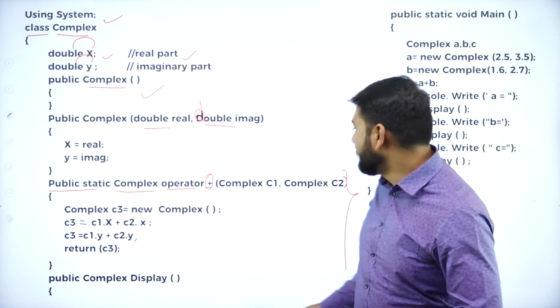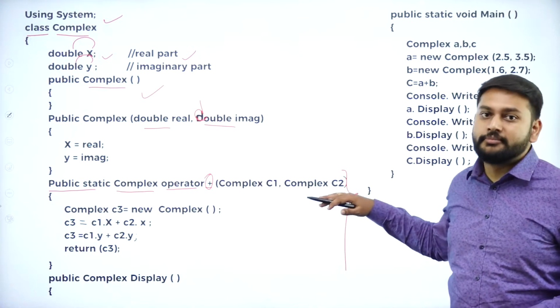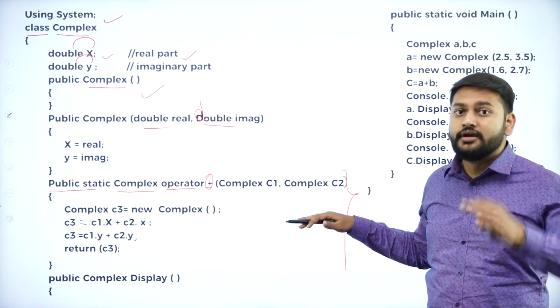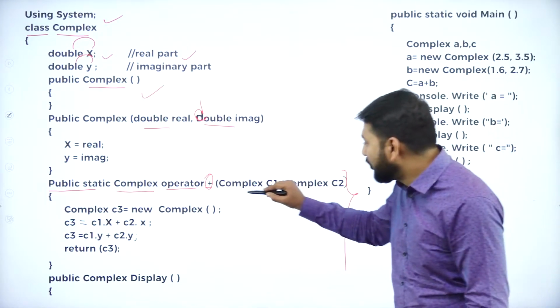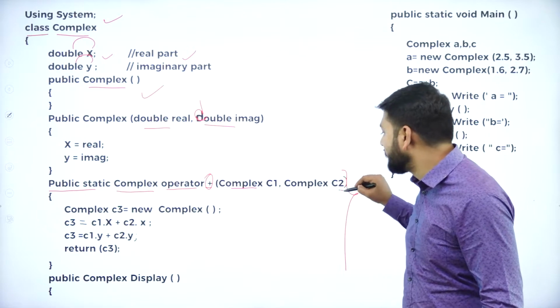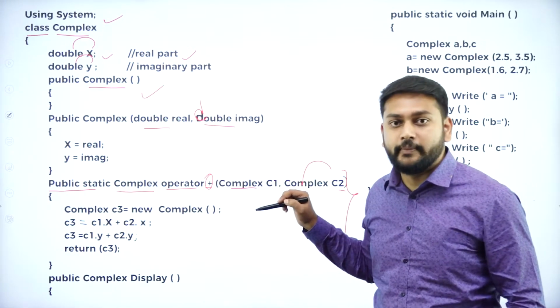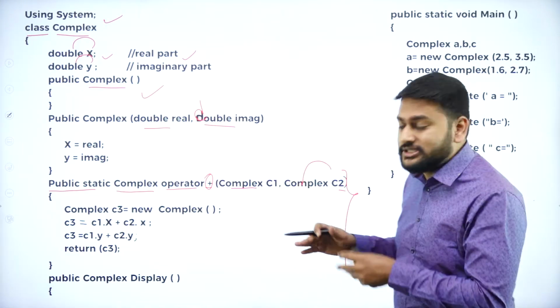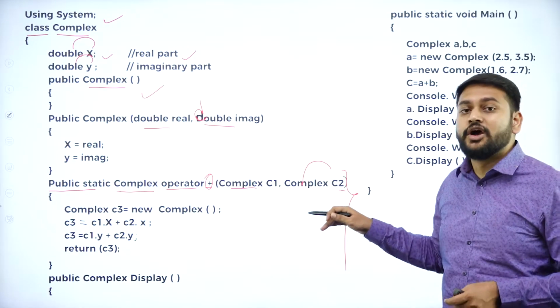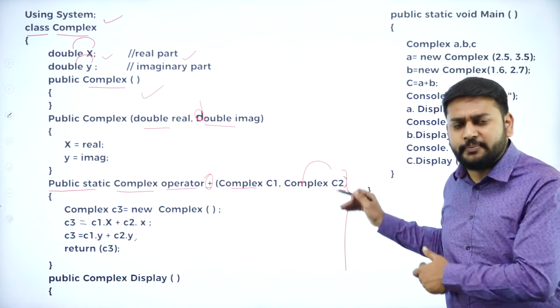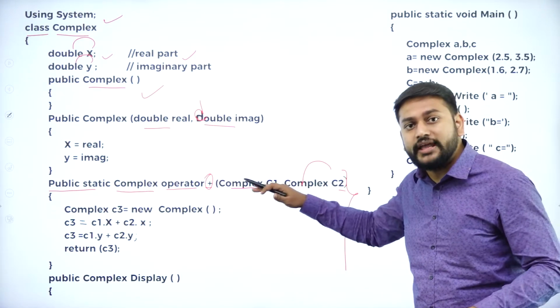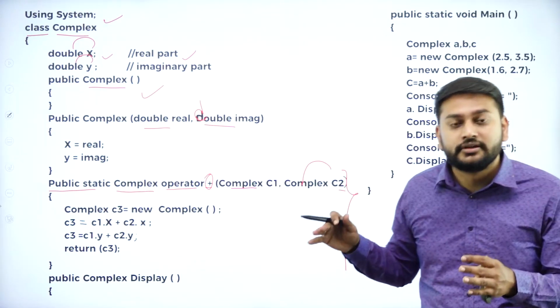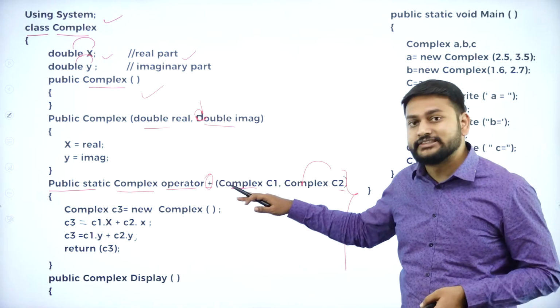Then after that, I have two numbers which I'm taking. Is it a number, sir? It's a variable, C1 and C2. C1 is of type complex. C2 is of type complex. That's what you need to remember. So I'm having two objects. I'm not passing two variables or two parameters. Yes, of course, they are parameters, but of what type? This C1 and C2 are objects which I have created for complex, is what you need to remember.